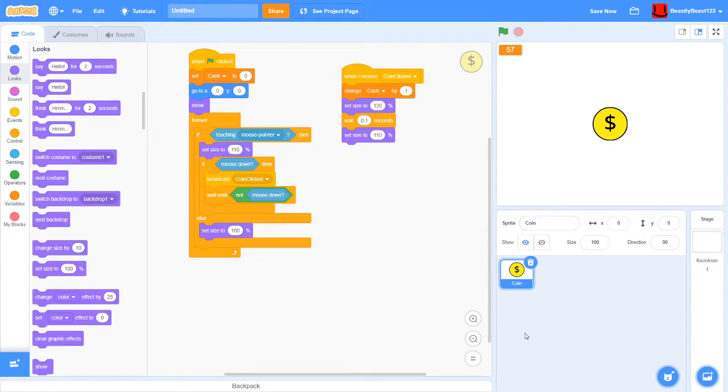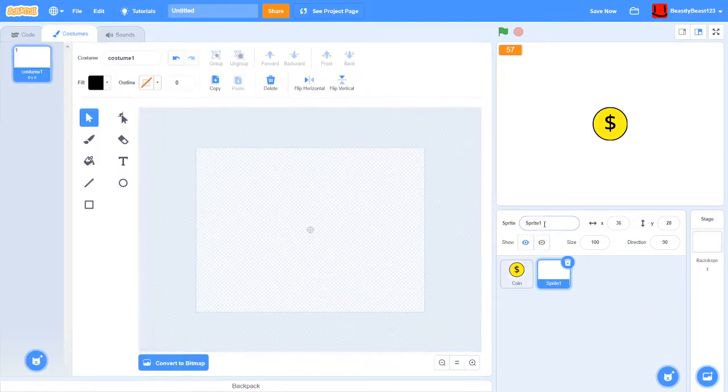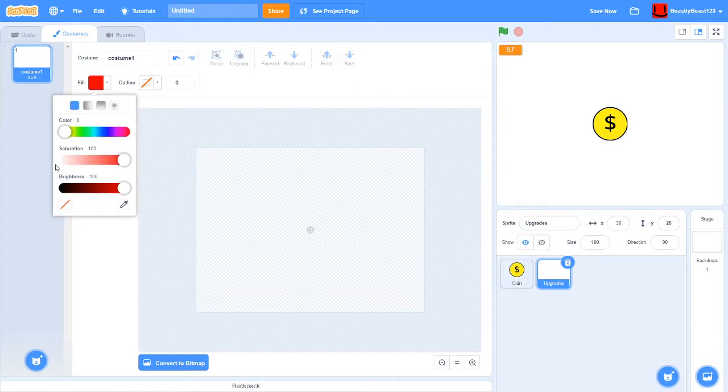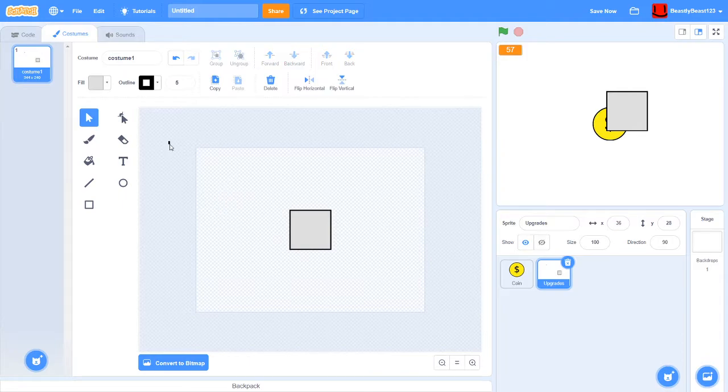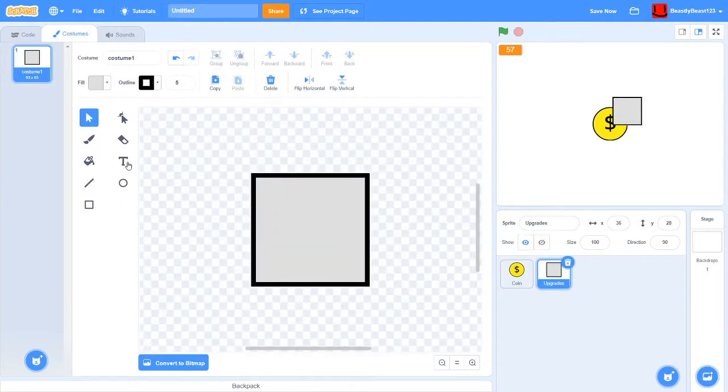So now we can make upgrades. So I'll just make a new sprite and I'll just call it upgrades. And I don't know what to make. So let me just make like a box. Okay, and I'll just make it smaller, and I'll just write